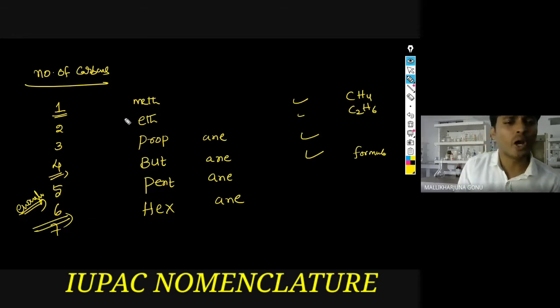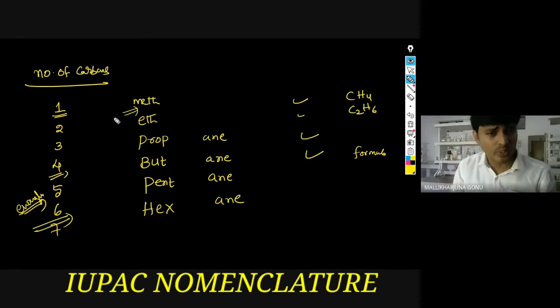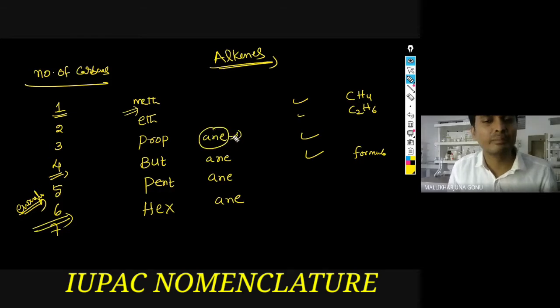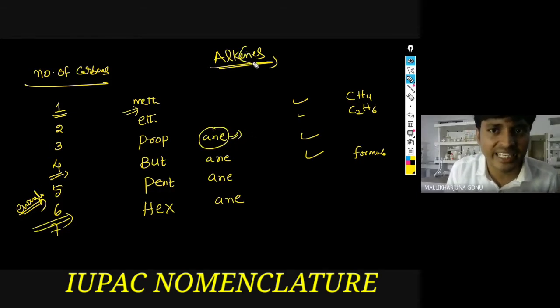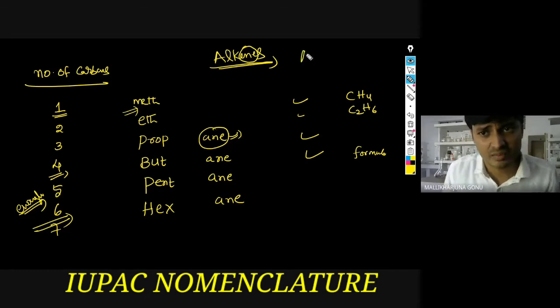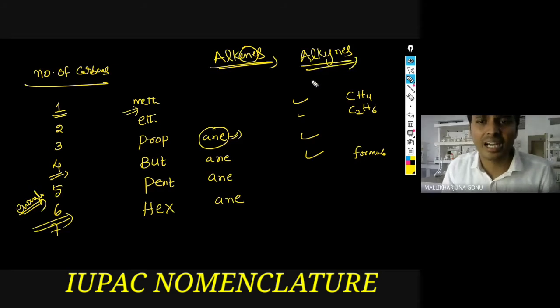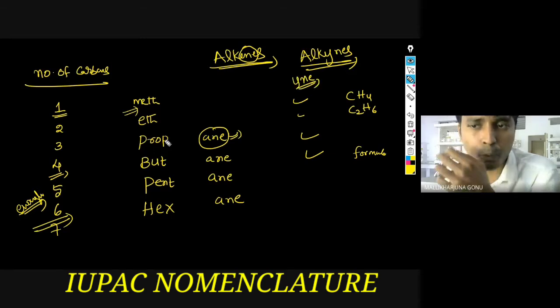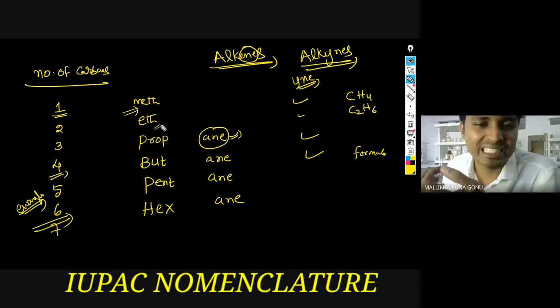So this is all you have to write in your exercises, in your homework, for alkanes. In the case of alkenes, how will it come here? In the case of alkenes, only the suffix will change. If it is ane, there it will come as ene. That's it. Because I am writing here, it is ene, right? If it is an alkyne, it will come as yne at the end of the name. Like prop is there, propyne. For example, eth is there, ethyne, like that.